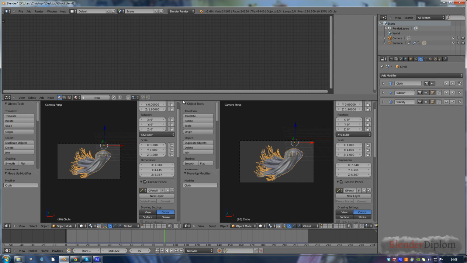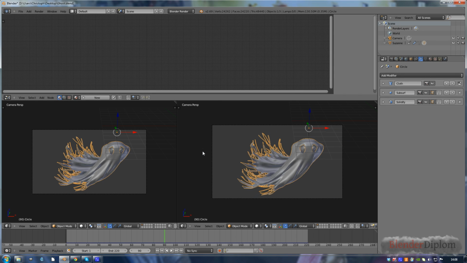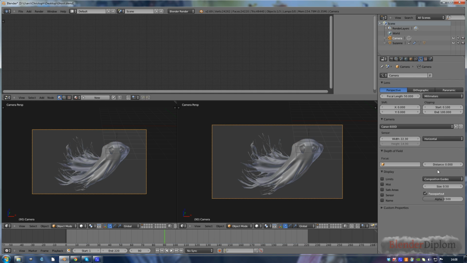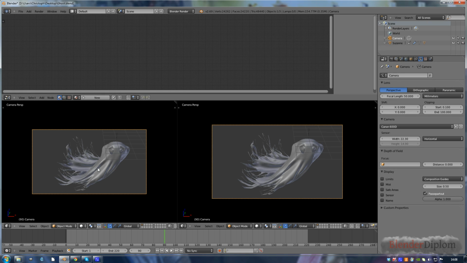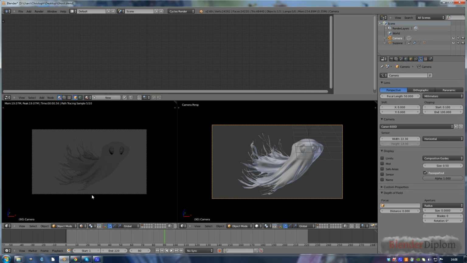And next time I simply split this window in two, and set up the camera, which I'm going to select, to be not alpha, but simply black. Now I am able to use cycles,